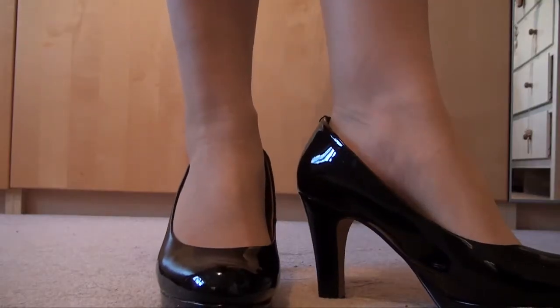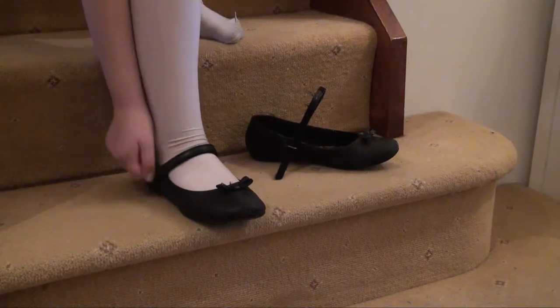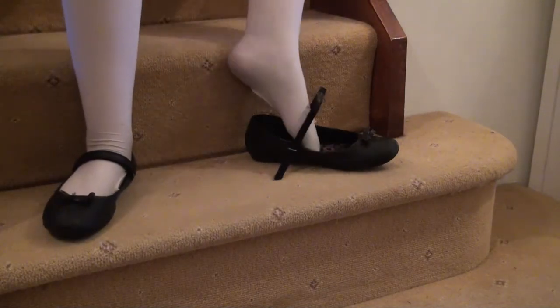I first became obsessed with shoes, I think, when I was a child. I remember my first pair of shoes really clearly. I think I was about 7 or 8 years of age, and I got a pair for my birthday which were yellow and blue patent sandals. I loved them so much that I used to put them on the end of my bed when I went to sleep, and I used to wake up in the middle of the night and have a look at them,